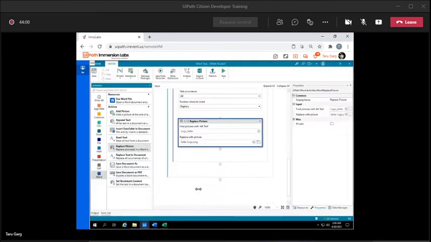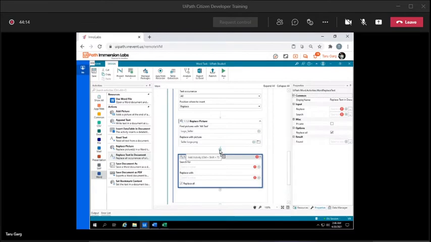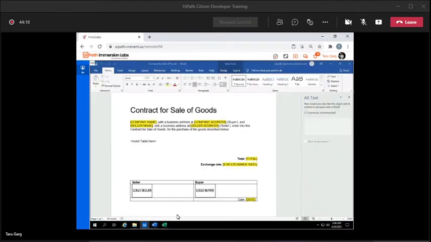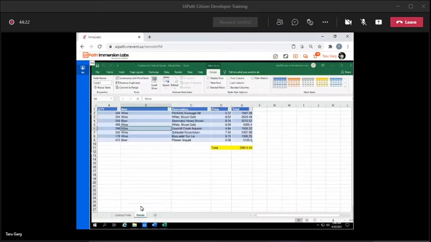So what I'll do now is I'll once again add replace text in document, and I will search for date, and I will replace it with my